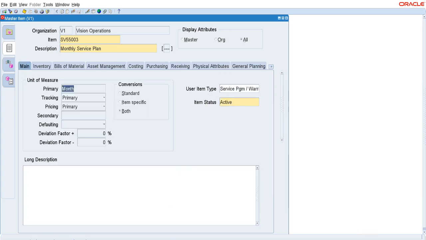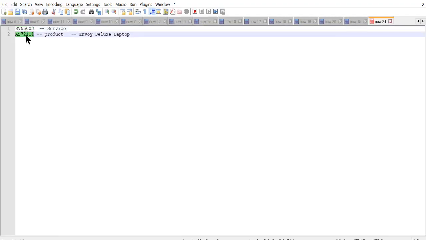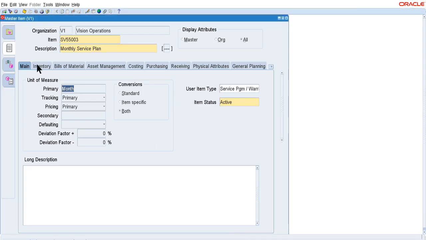If you go to the main screen, I am going to take this, which is the product item. Actually, if you create the service contract, the end user will receive this product. So that is the product lines. We will see how a service line and product line look like in the service contract screen. So I am going to check the setups for this.